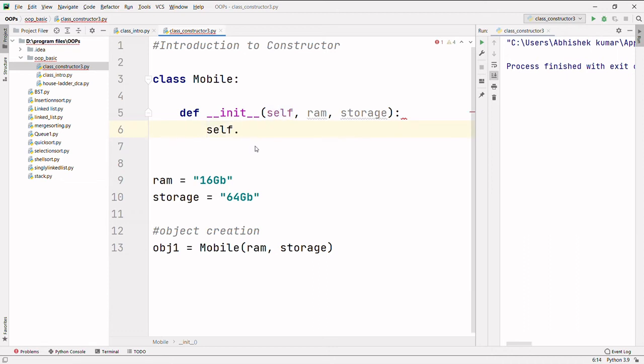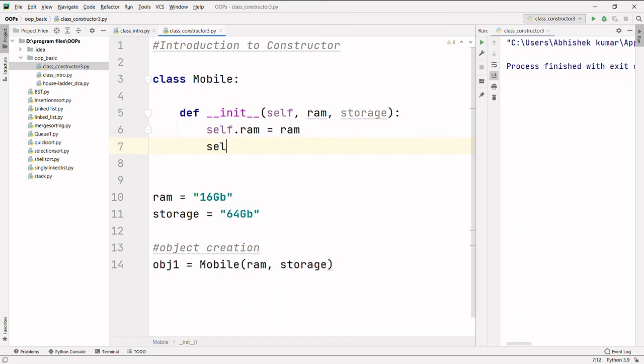Let's say the variable is ram, and we assign the argument that we accepted in this method. So self.ram equals ram and self.storage equals storage. These are the two instance variables we have created here.